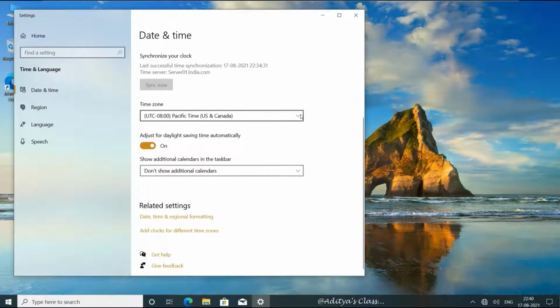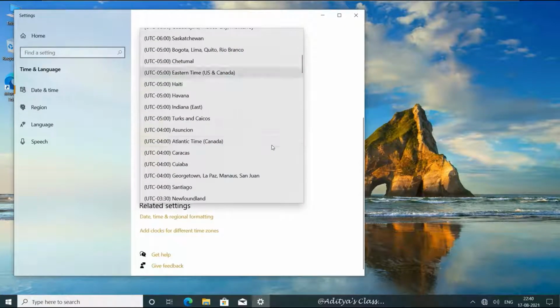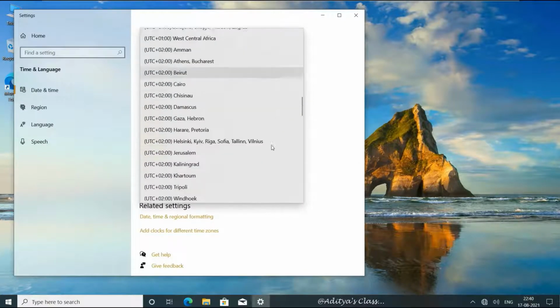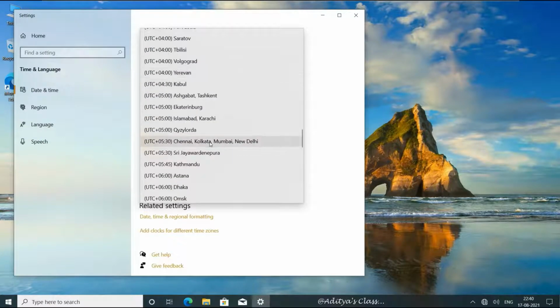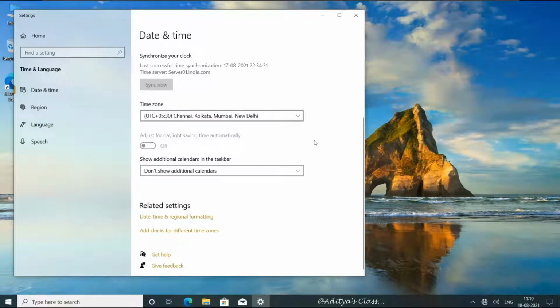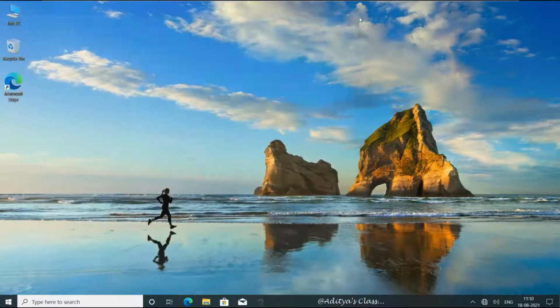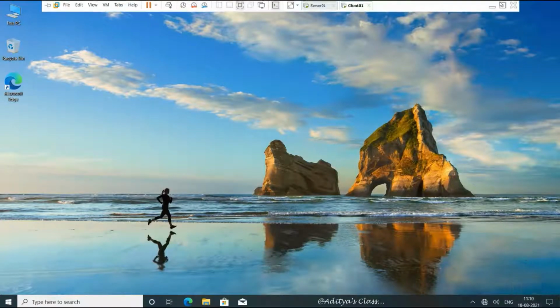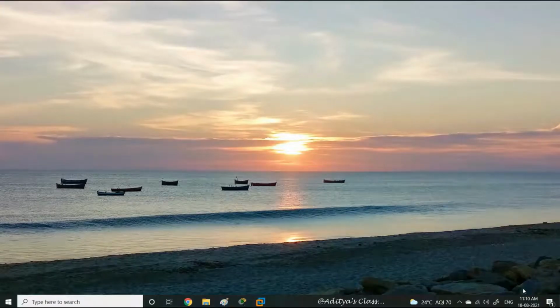Now here you can choose the time zone. Now in our case it is plus 5:30 UTC. But for now, let's move on.